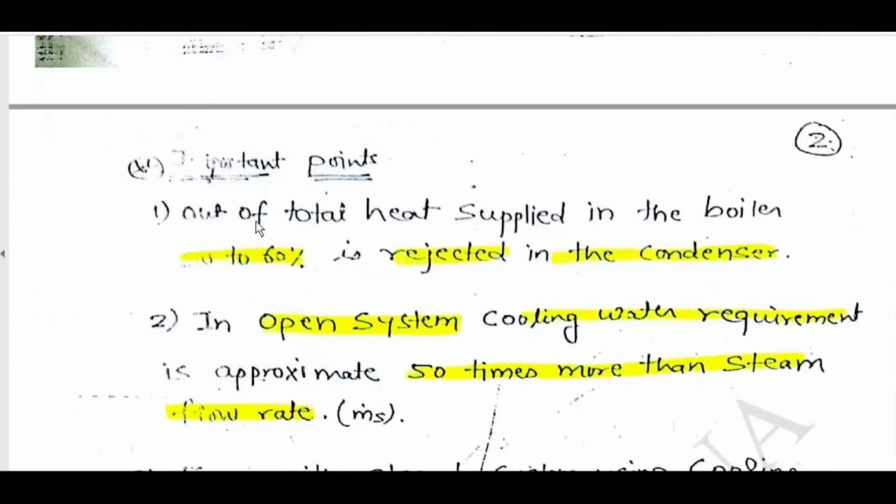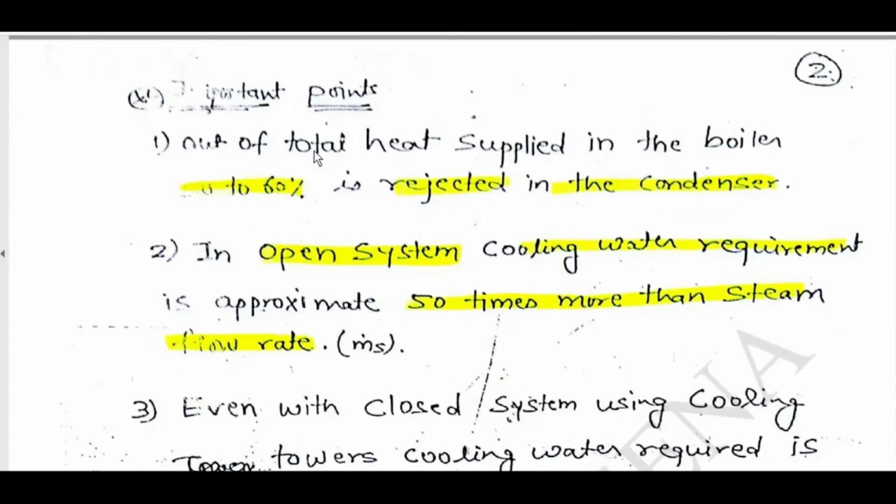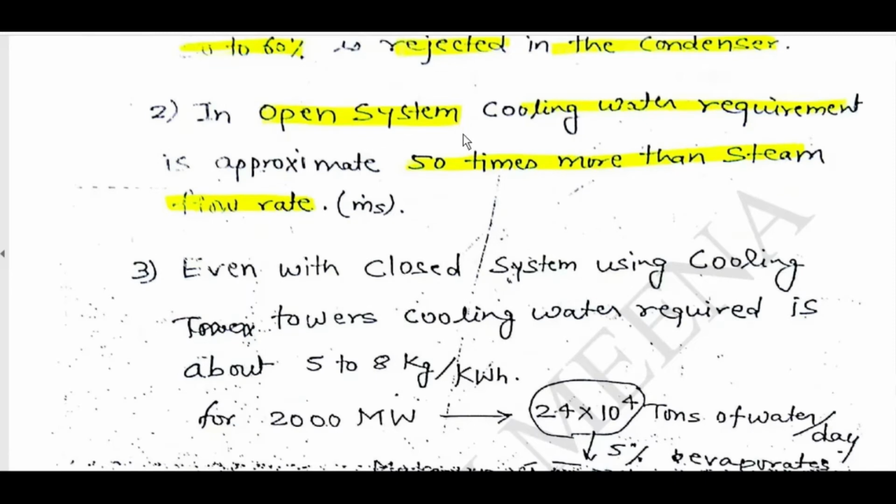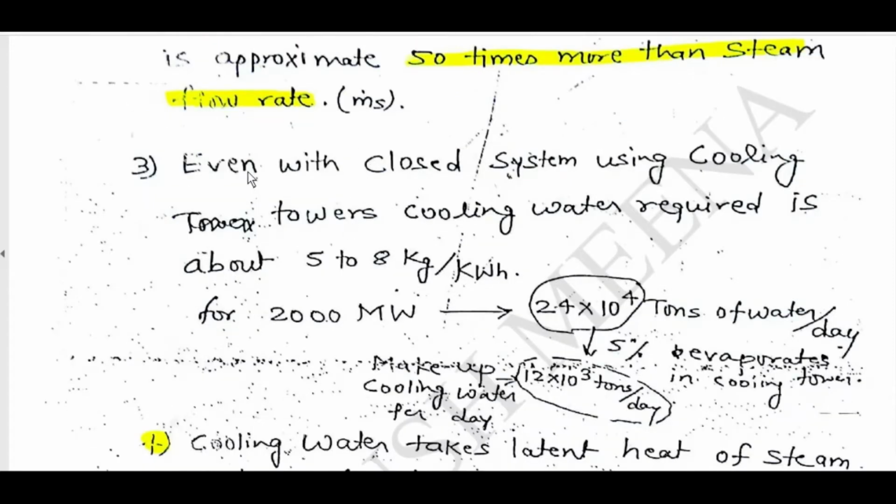Important points: out of total heat supplied in the boiler, only up to 60% is rejected in the condenser. In open system, cooling water requirement is approximately 50 times more than steam flow rate ms. Even with closed system using